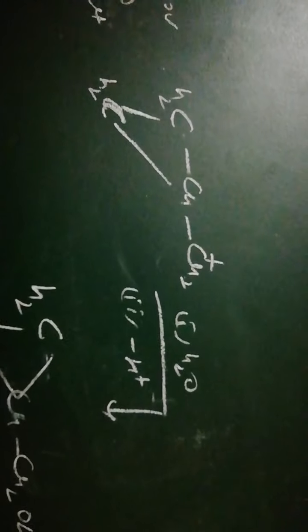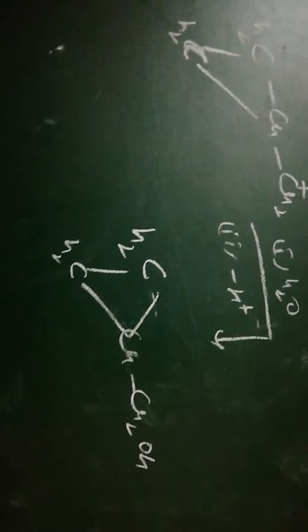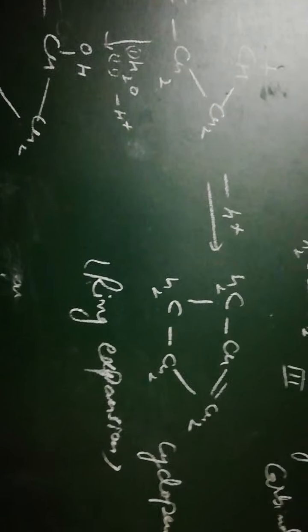And let us consider one example of ring contraction. We have cyclobutylamine. It reacts with nitrous acid. We will get this carbocation, that is cyclobutyl carbocation. It undergoes Demjanov rearrangement, and this bond will move to this carbon atom, and from a 4-membered ring our ring is converted to a 3-membered ring. So please note down that here ring contraction has taken place. Now this carbocation undergoes hydrolysis, loses a proton, and we will get this alcohol. So both ring expansion and ring contraction can take place in Demjanov rearrangement.